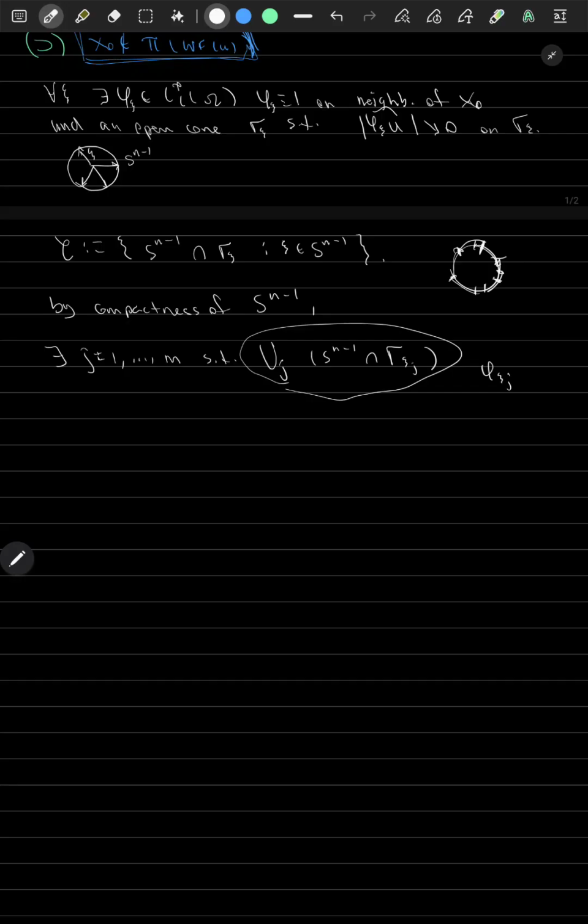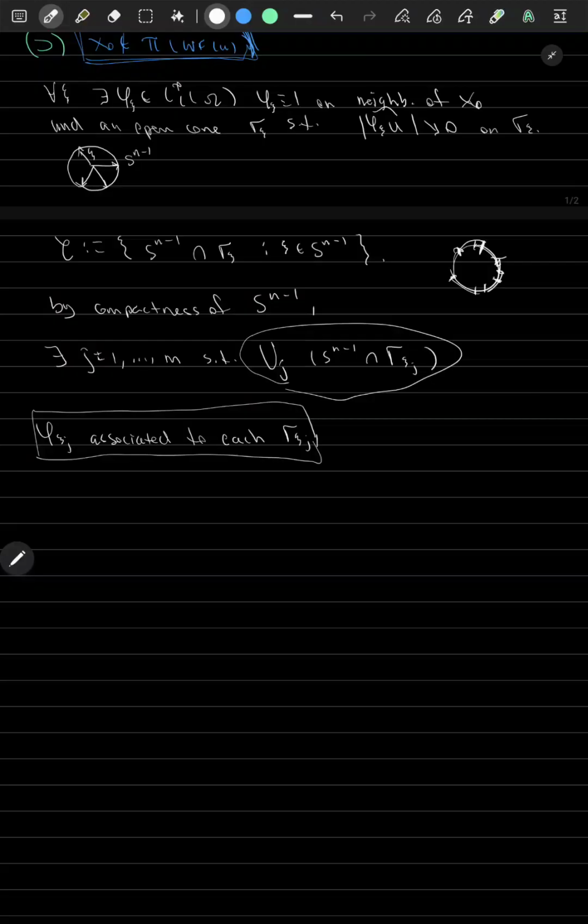Yes, but before applying lemma 2, let's just state, so we have, of course, phi xi j associated to each gamma xi j. So we have one of these associated to each of these, and these phi xi j's, of course, are all of those type, all cutoff functions around x0. And since there are finitely many of them, so finitely many phi xi j's,